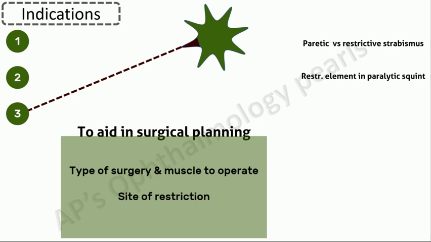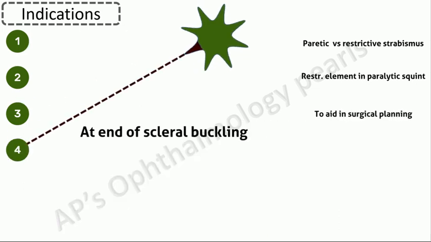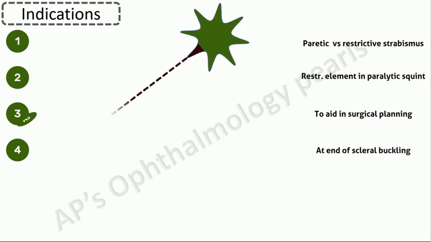The surgeon can thus estimate whether a restriction has been caused by conjunctiva and Tenon's connective tissue, surrounding scar tissue, a tight muscle, or tightness posteriorly, which can be easily visualized. If the force duction test is positive after removal of the muscle, it indicates orbital fibrosis. The FDT may be performed at the end of scleral buckling to make sure there is no tissue that is restricted because of the buckle.